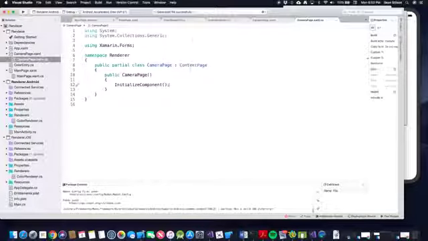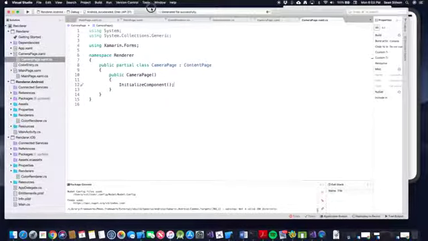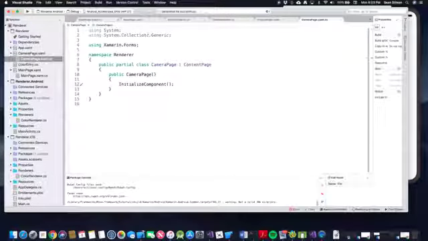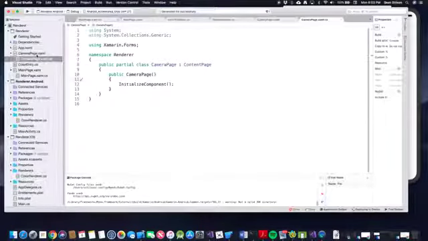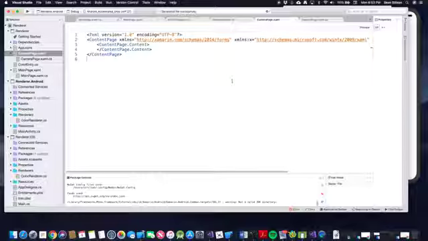This is how crazy this upside down implementation stuff is. This is all we're going to do in Xamarin. So it's not a lot there. We don't even need to modify anything in the actual XAML. So that's basically all it's going to be. It's just going to be a placeholder, and then we're going to do the implementation details all on the